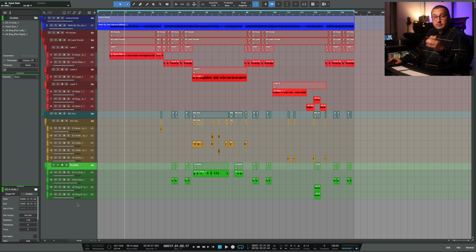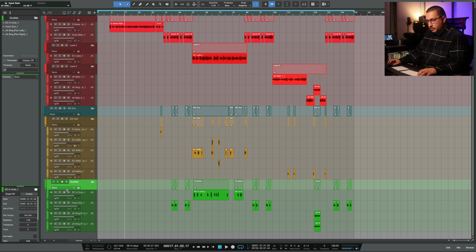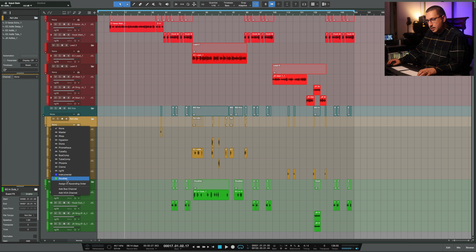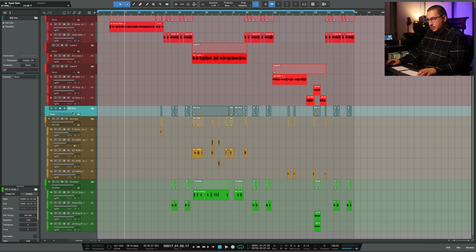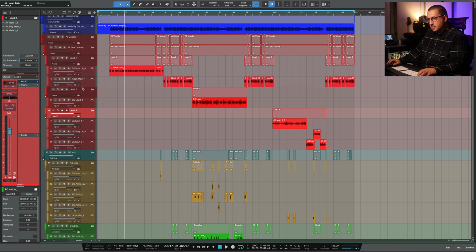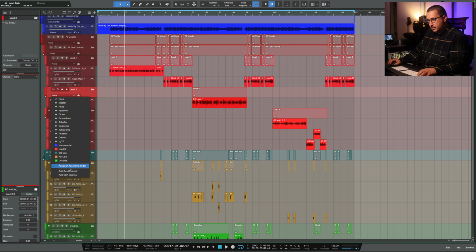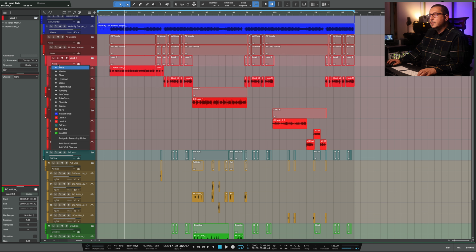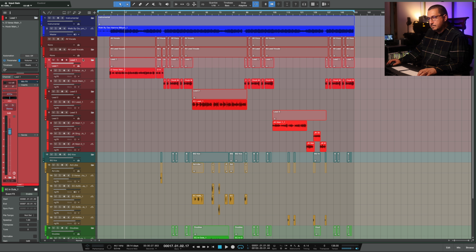Now we have the folder system. We need to add buses. Let's add buses for all the folders. Add bus channel, ad-libs, bus channel, bus channel, bus channel, bus channel,